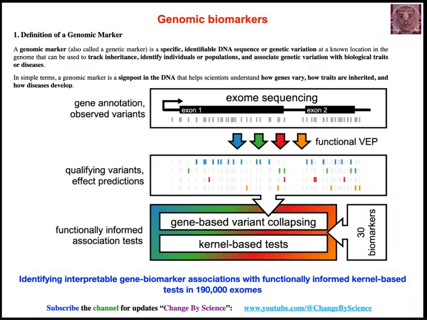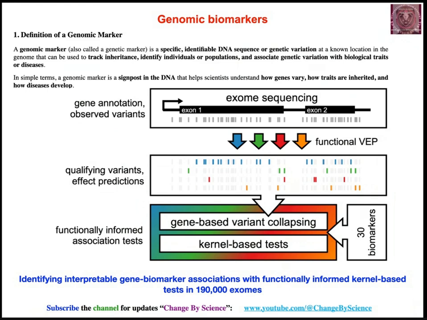Now, you can see here three major things: gene annotation, observed variants, then qualifying variants, effect prediction, and functionally informed association tests. Out of these, this particular approach gives 30 biomarkers. But depending on your disease and disease-specific conditions, you can develop more or fewer biomarkers, as you can try for the